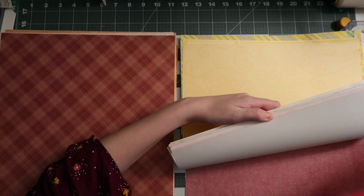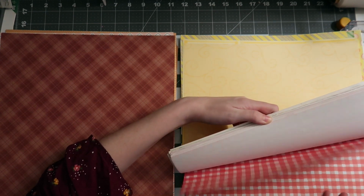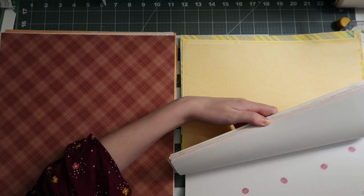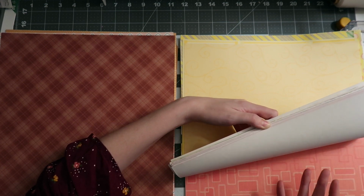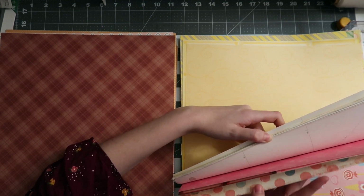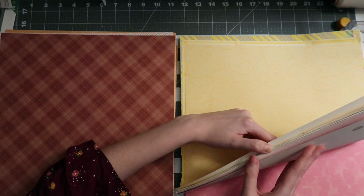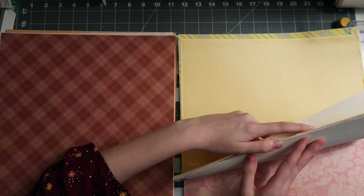So I really should have counted these as I went, but I'm not that good at multitasking, as I'm sure some of you can tell. But let's see, 8, 9, 10, 11, 12, 13, and they're so thin that they're double counting. 16, 17, 18, 19. It's doing that thing where it wants to jump so bad. 23 to like the thicker papers. 25, 27-ish. I'm definitely counting wrong. 29,